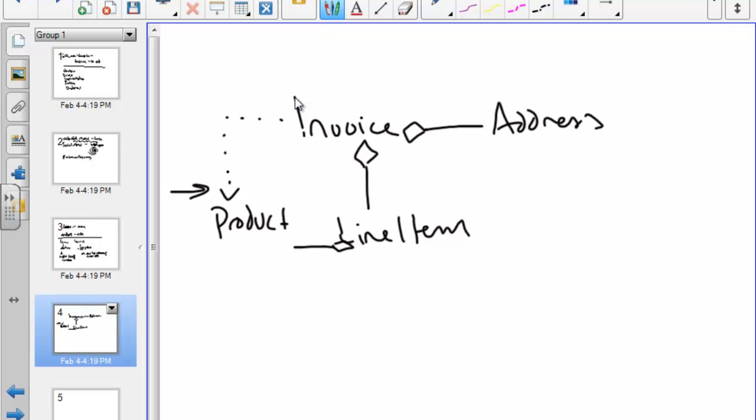Product, address, line item, pretty straightforward stuff. All right, so that's chapter 12. Again, mostly terms and definitions, and we'll do 12.5, the